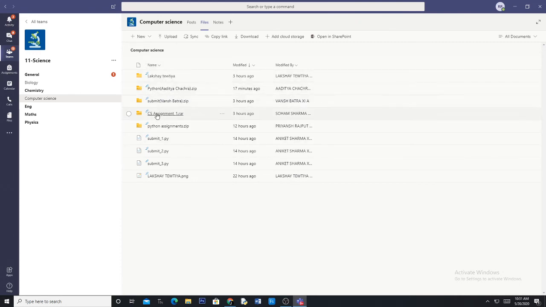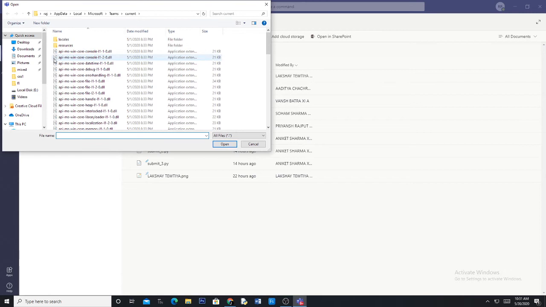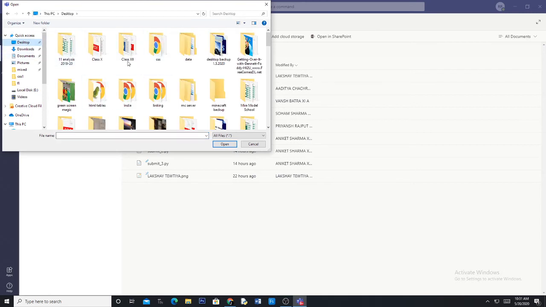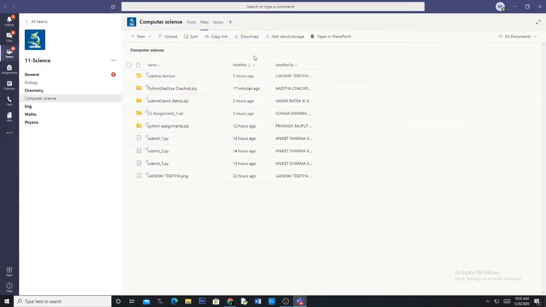So if they need to upload here, what they can do is use this, see, upload. From here they can go to the desktop and then select a folder and then upload. This is one way they can. If they have created the assignments in their Google Drive, they can upload the link also, right? If I need to